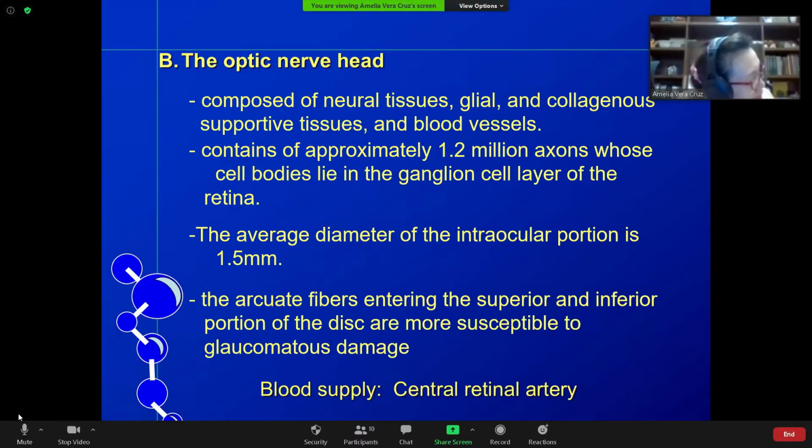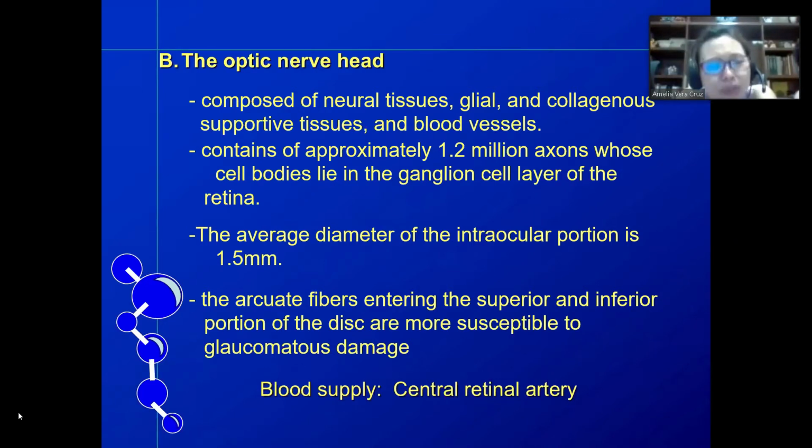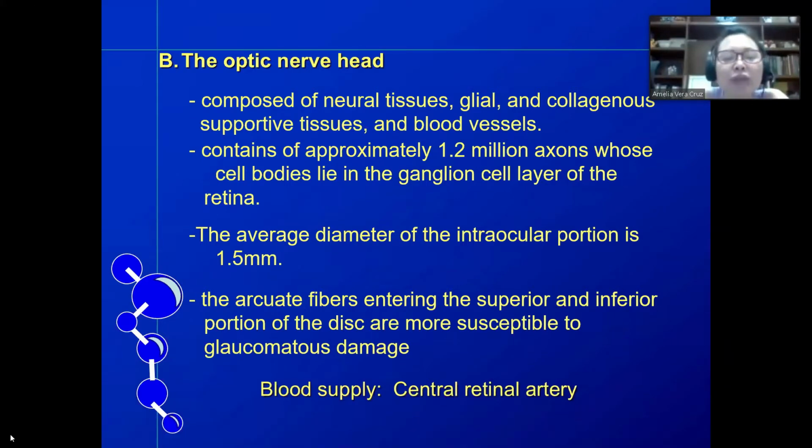The size of your macula is 5.5 millimeters. It is the same as the size of your optic nerve, 1.5 millimeters pa rin, horizontal diameter. Pareho sa macular area. Isipin niyo, place that in your mind. Then, the arcuate fibers entering the superior and inferior portion of the disc, the superior and inferior fibers